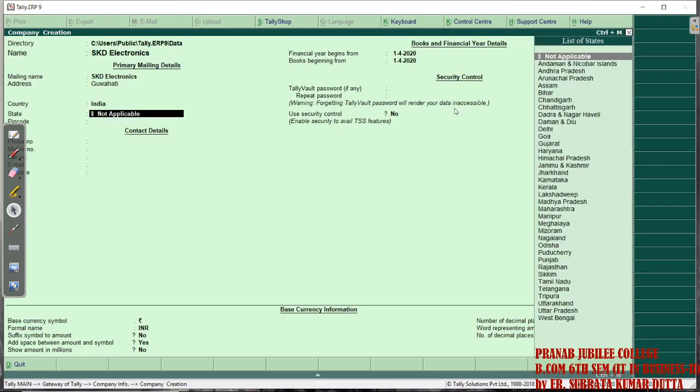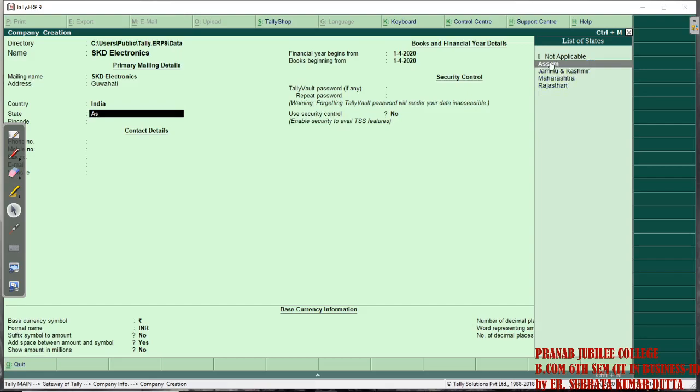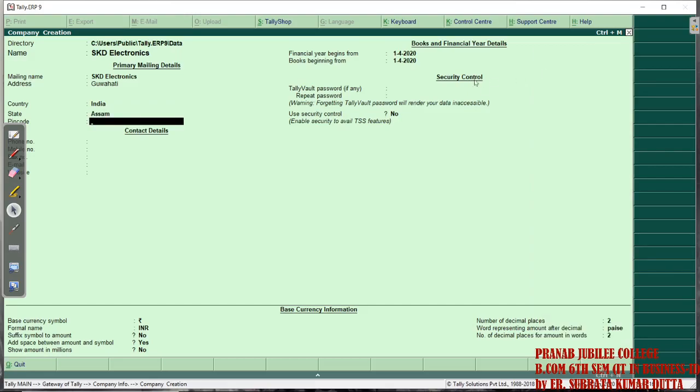Then the country and state. Whenever you type a letter, options will come. It is a tip to do it quickly. See, Assam has come, so you can enter.